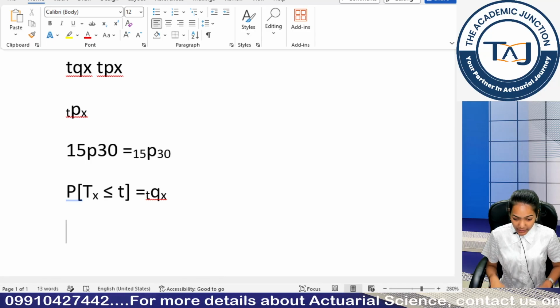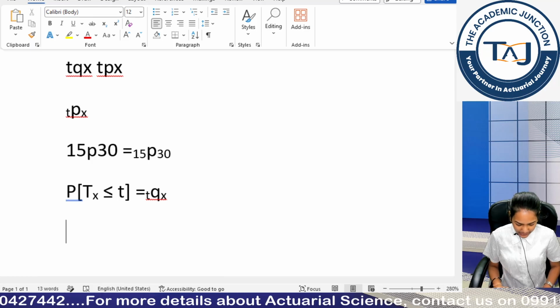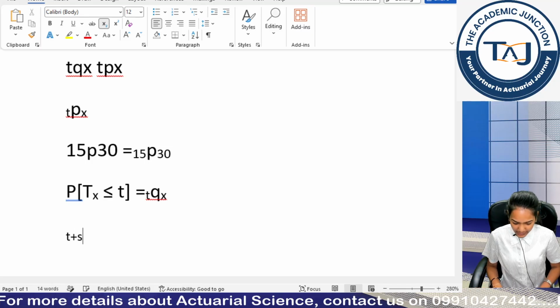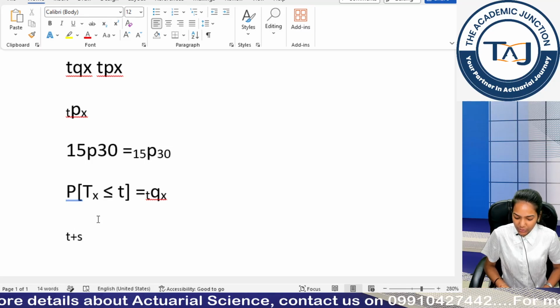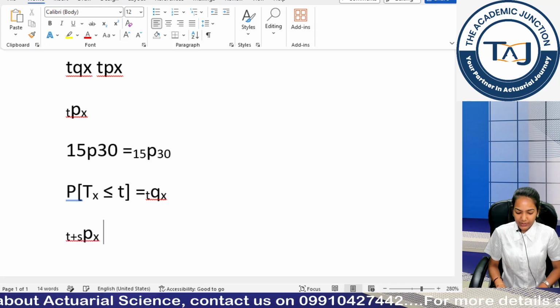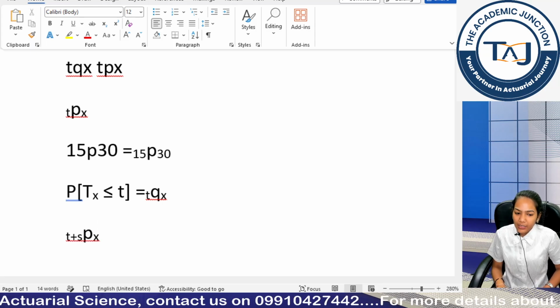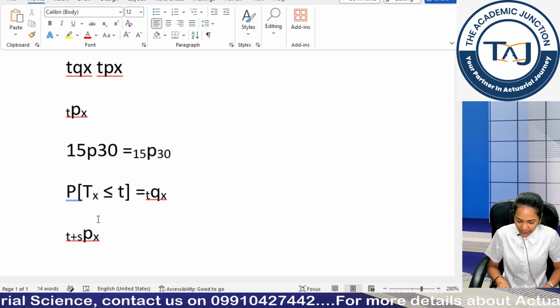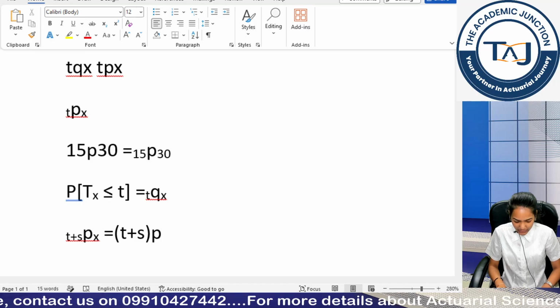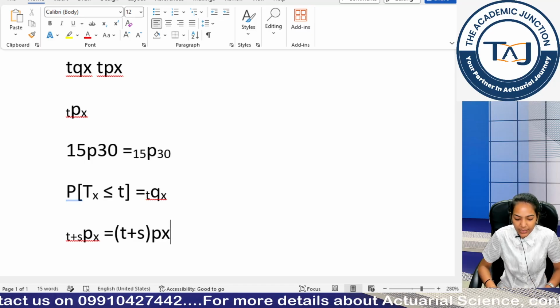Now let's write another formula to get a little complex. If I write Control Shift Minus, I have t plus s, Control Shift Minus again to the normal script, p, Control Shift Minus to come back to the normal script. If I am writing it in the normal approach without using subscript, I would have written it as t plus s, p, x. Is it clear?